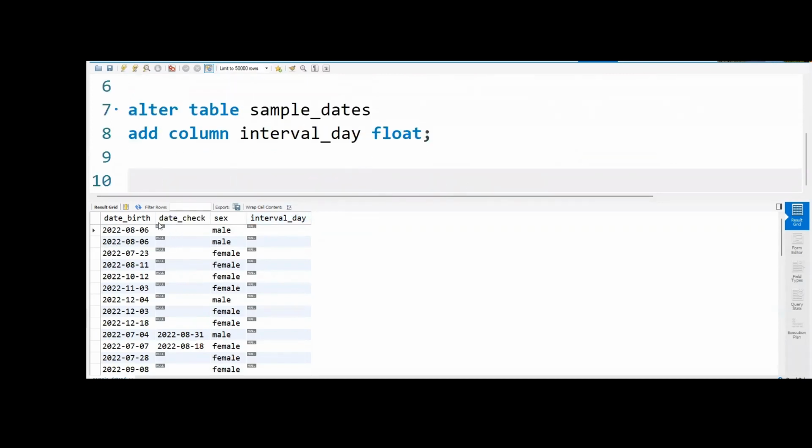And then if we want to apply that, I want to now get the interval between the dates the baby was born and the dates the baby had their check or their examination, whether by a doctor or a nurse. We want to know the interval. I want it to just populate within this interval day column. What we can do now is to use the update clause. So we can say update